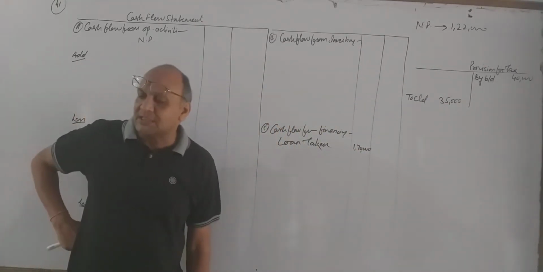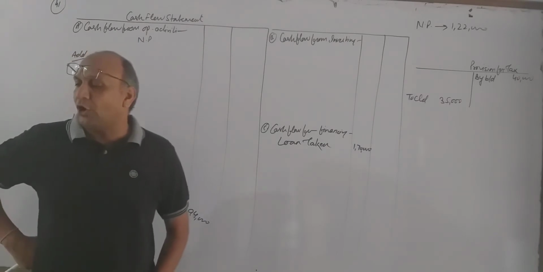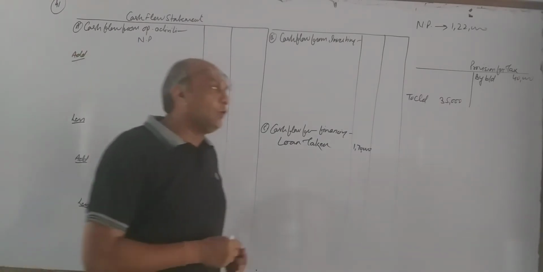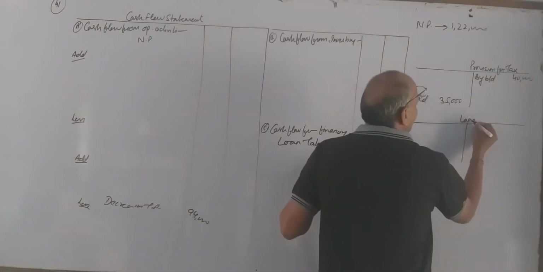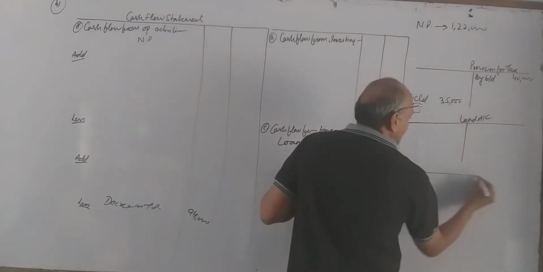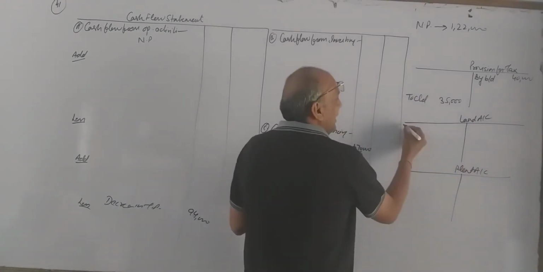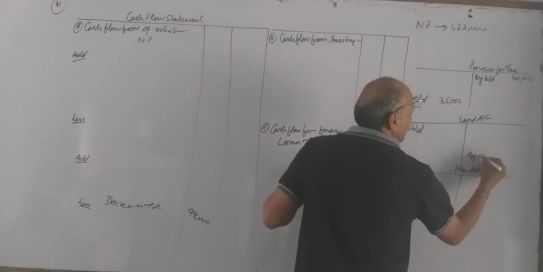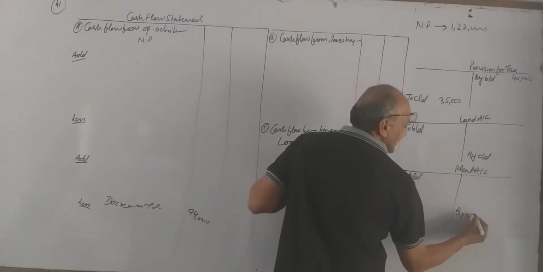After that we have assets. In assets we have fixed assets, tangible, note number 4. In tangible, note number 4, we have given 2 items, land and plant and machinery. And on both we have adjustment, land account. Let us prepare land account. And then plant account, we have adjustment on plant also. Land and plant both are our assets. That's why opening balance will be written on debit side and closing balance will be written on credit side.